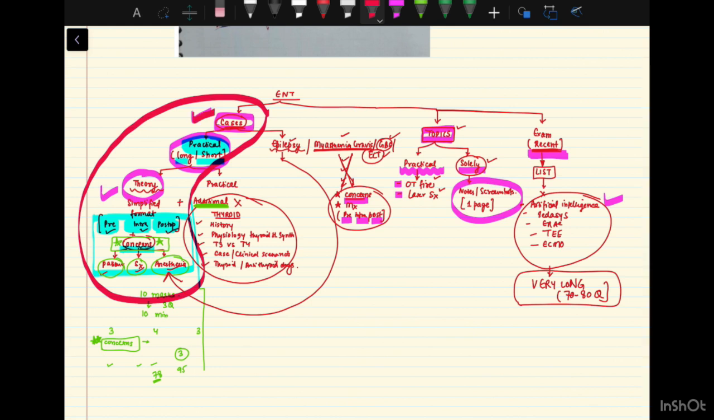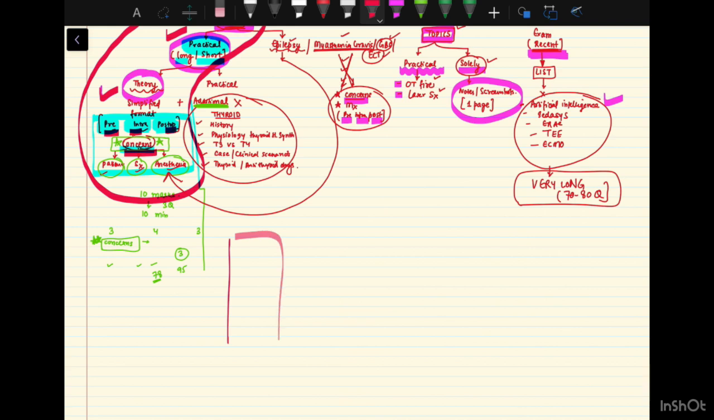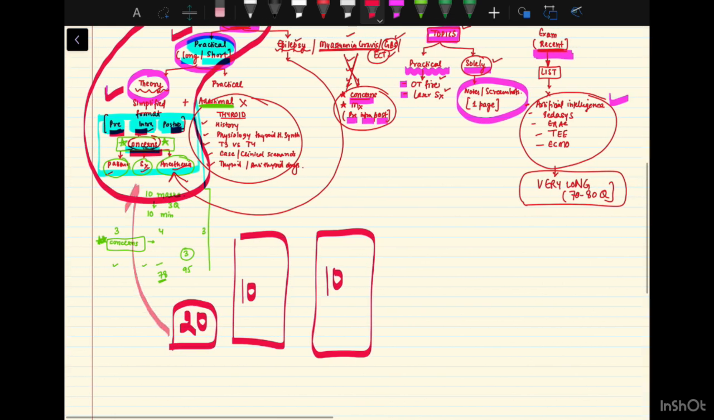this component, cases asked in theory and also in practical, you should have the notes for pre, intra, post, and the concerns. If you do this part for all the long cases, suppose there are 10 long cases and suppose there are 10 short cases, there are about 20 such topics for which you should have this format,